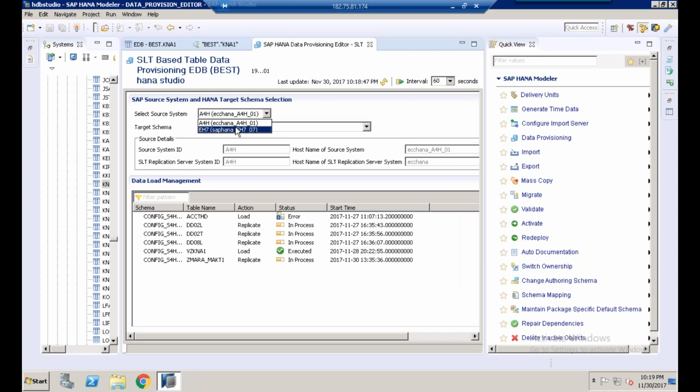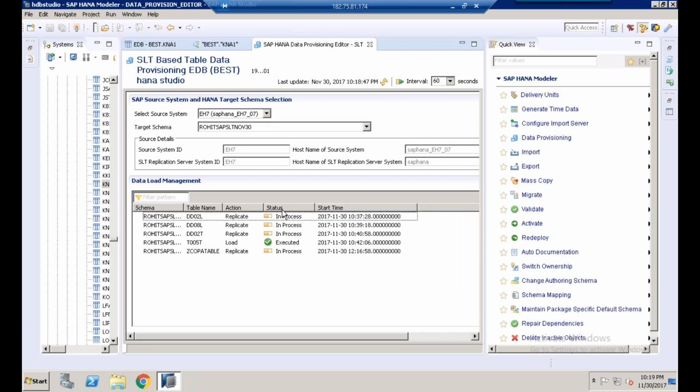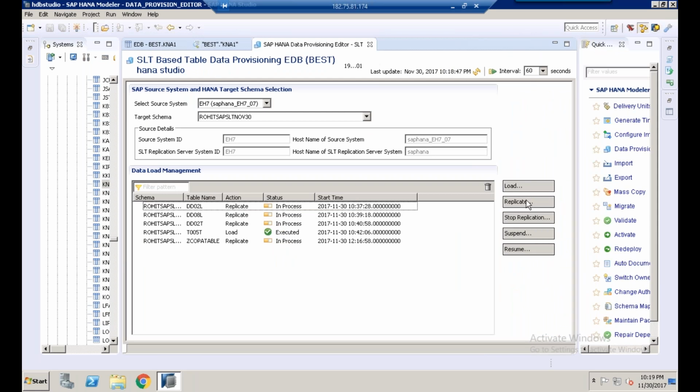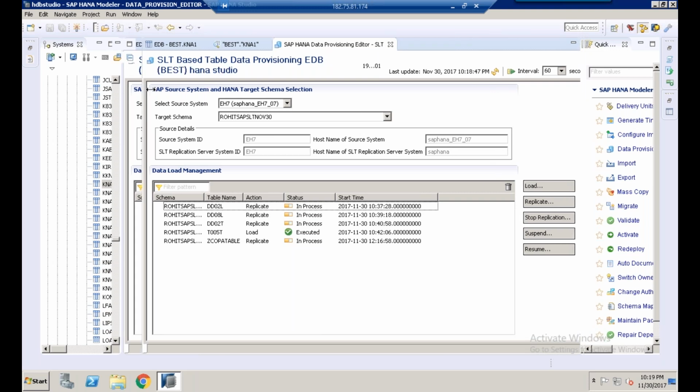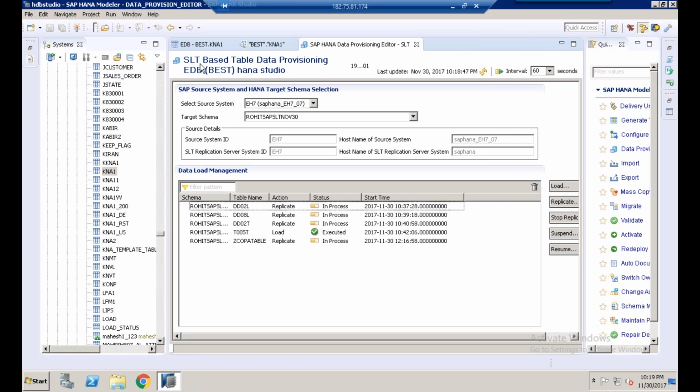So using SAP Landscape Transformation, you can use these options like load, replicate, stop replication to migrate from an existing SAP or from a non-SAP system to the new HANA S4 HANA platform. Anyways, I'm going to show you more details on the migration part in tomorrow's session, which I'm just trying to introduce to you.